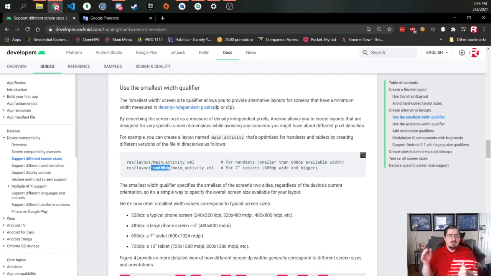Let's say you have a phone, usually the smallest width is going to be horizontally, right? Because you usually keep your phone in portrait mode, so in portrait it would be the width, versus, let's say, your tablet, which is usually used in landscape. That smallest width in landscape is going to be the height and not the width. So it kind of switches between which of those two dimensions is the smaller,